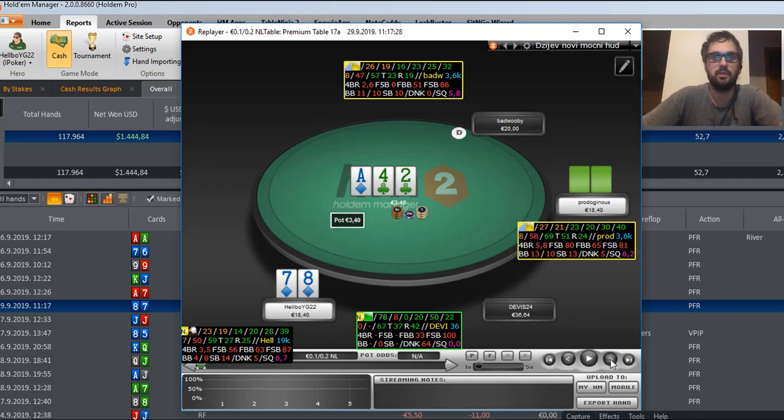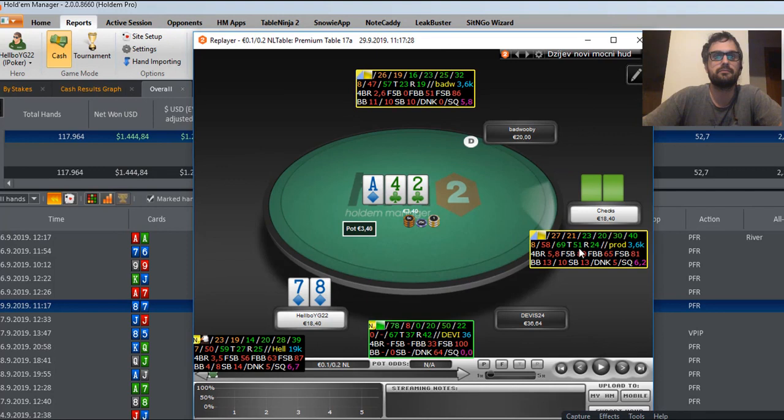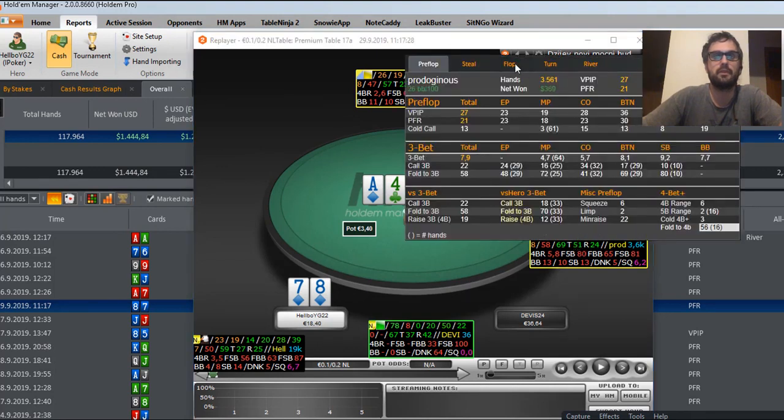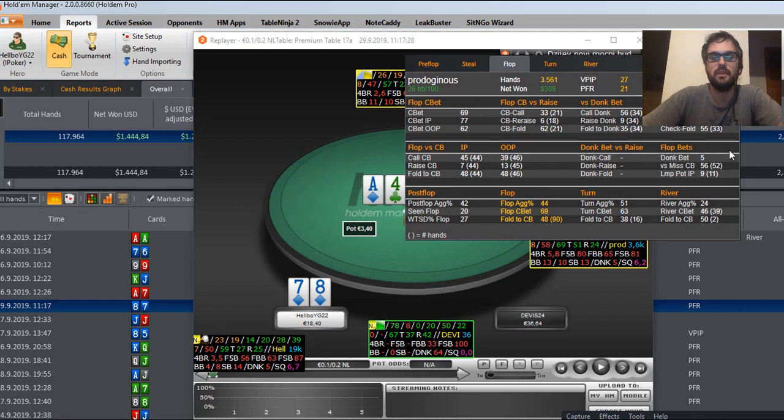And on the ace high board, he checks. So when a person checks as a pre-flop raiser, he's either check calling, check folding, or check raising. So we should check his tendencies on the flop. And when we look at his flop tendencies, on the flop he skips c-bet, out of position, and check calls 42% of the time, check raises 3% of the time, and check folds